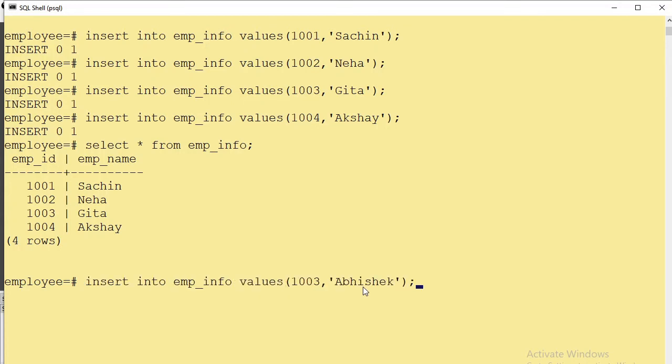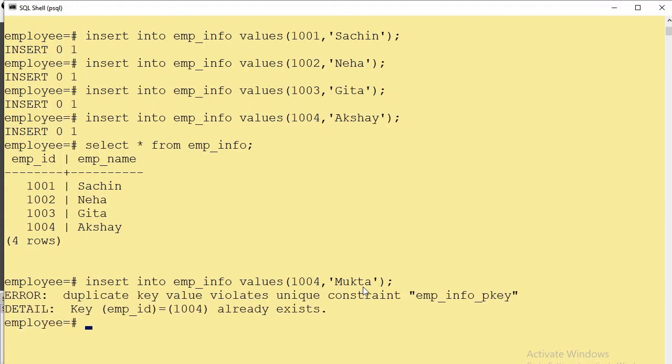Now we will insert one more record with the employee ID as 1004 and the employee name as Mukta. Now this record should not get inserted in the table because we already have one record with employee ID as 1004, since it is a primary key, and under that primary key field no two records can have the same value.